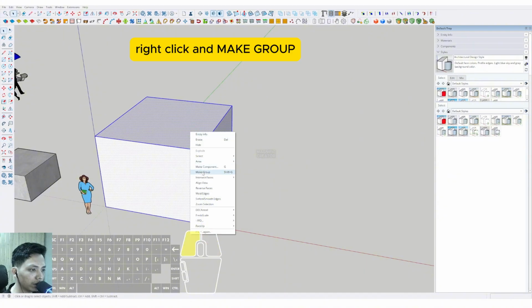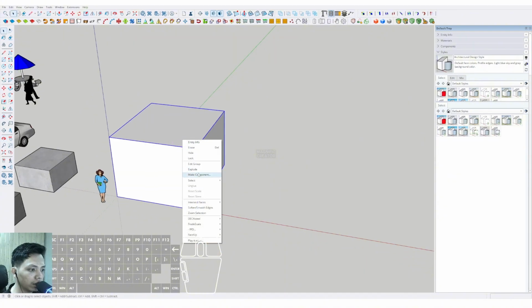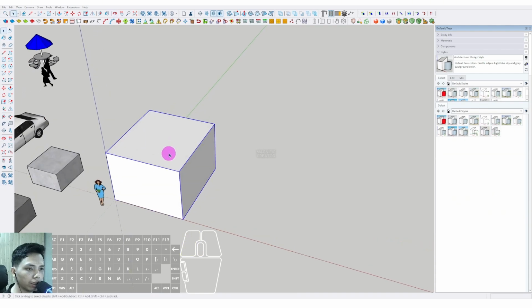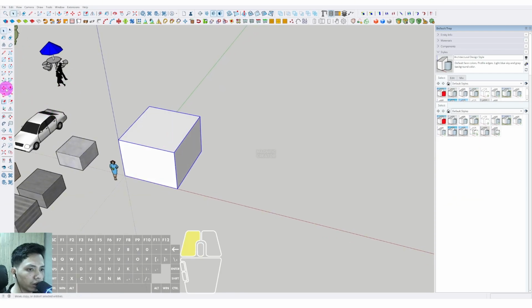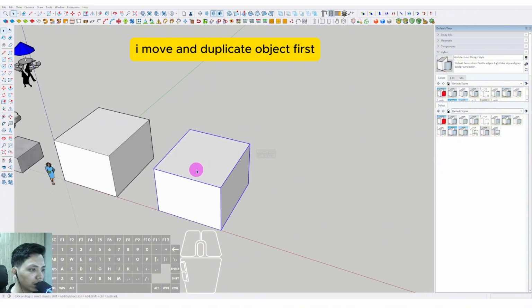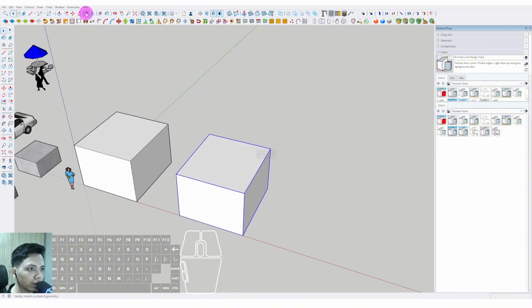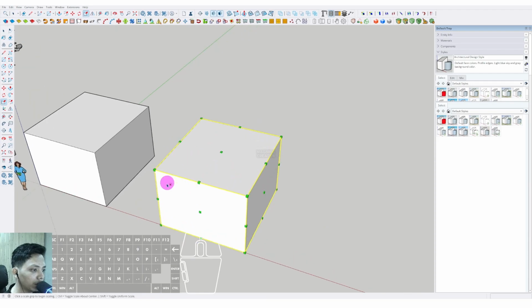I just make a group in here: right click and make group. Okay, then we can click this one, and now we can select the Scale in here. We can select the Scale to scale up. Okay, but I will move and duplicate it first. Move, tap Control and duplicate first, and just click and select the Scale in here, and it will appear some